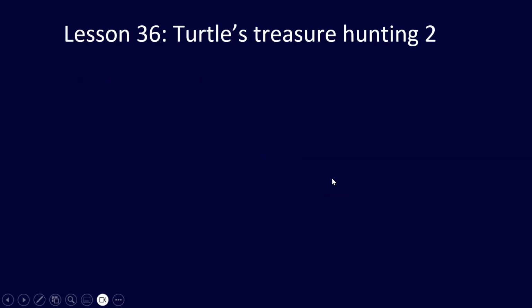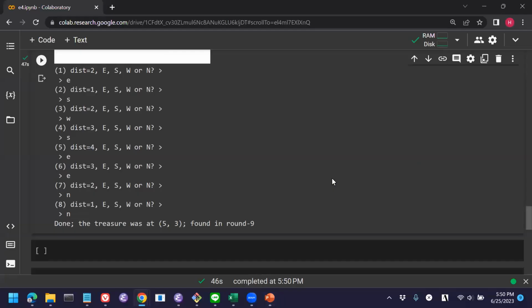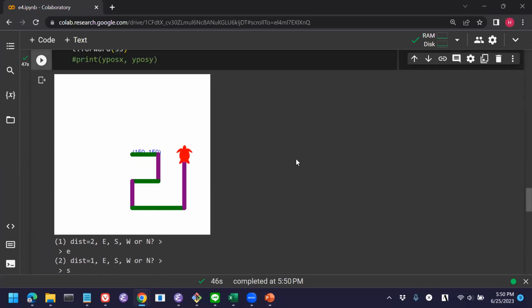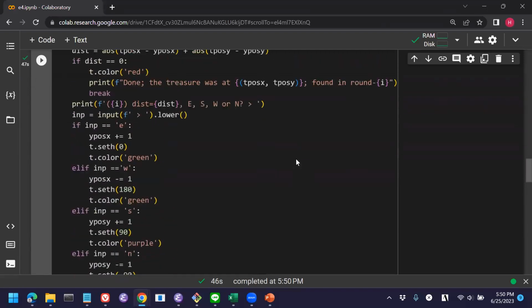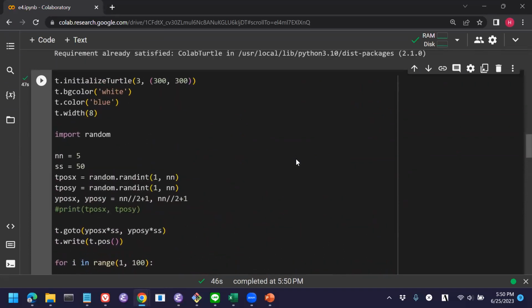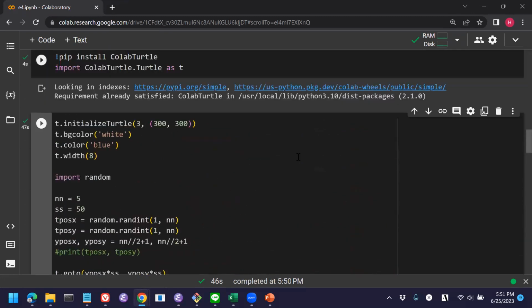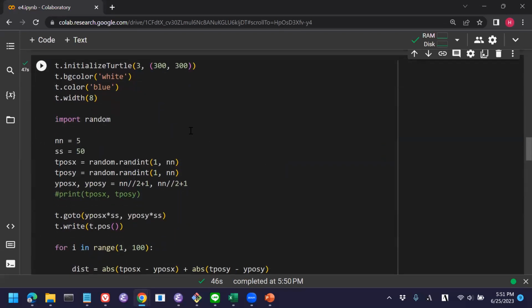Today's lesson is lesson 36, treasure hunting 2. Let us first draw a grid line. So maybe it's better to have grid lines here, right? So let's learn to draw grid lines before starting the movement. So what is the best way? Maybe we can make an extra box here and then move some parts toward,